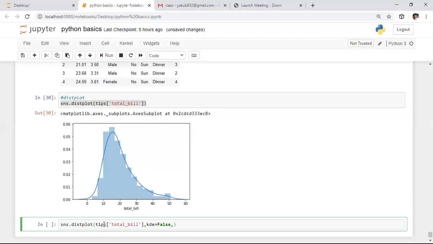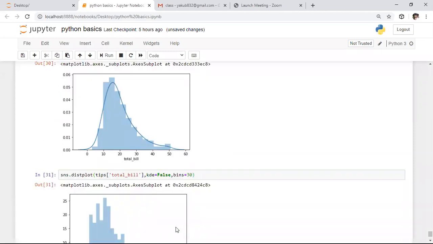After this, I want to represent this entire graph with 30 bins only. Whatever number you want to use to visualize this data, you can keep as the number of bins. So here I'm keeping bins as 30. After this, if you execute this plot, KDE is what we need to use if you want to show the distribution curve.